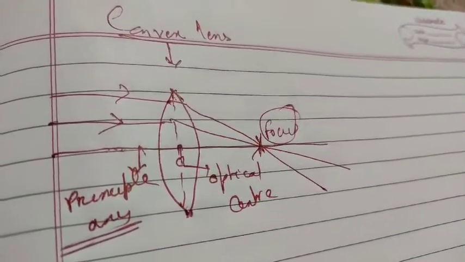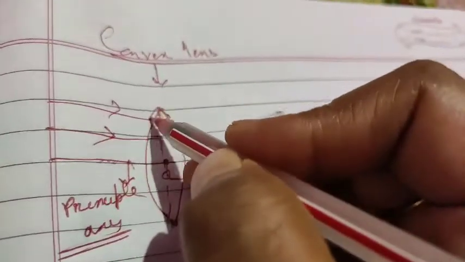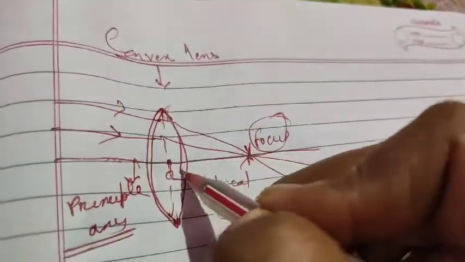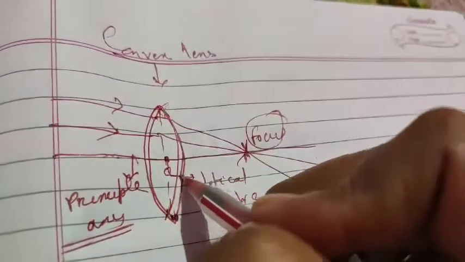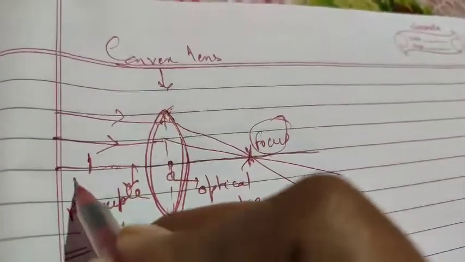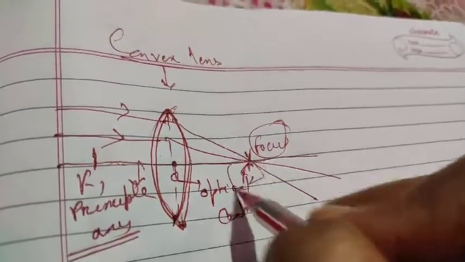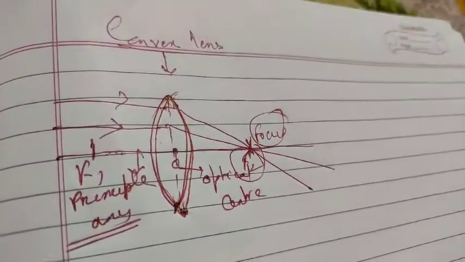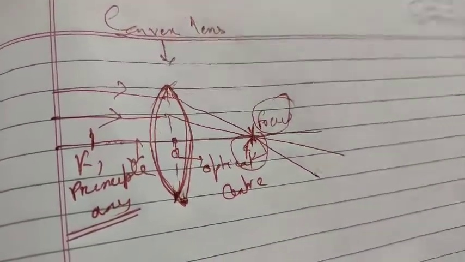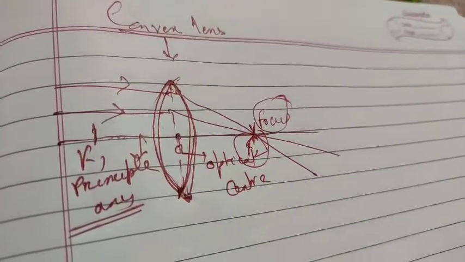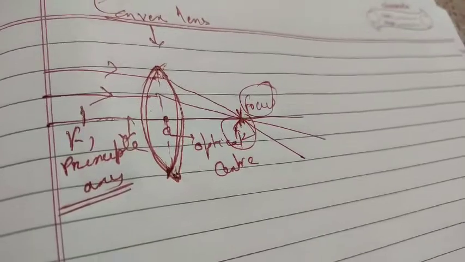So if you know it is a two refracting surface, student, this is one refracting surface, this is another refracting surface. For this one, refracting focus is F1. For this surface, the focus is F2. So in the lens we have two focus. One is a real focus, another one we are saying the virtual focus. Okay, so this you have to remember.